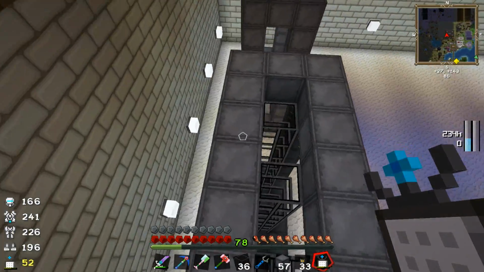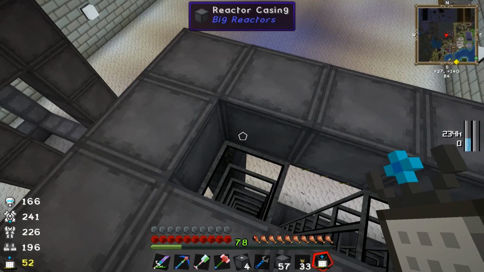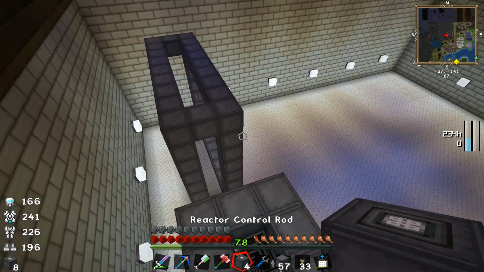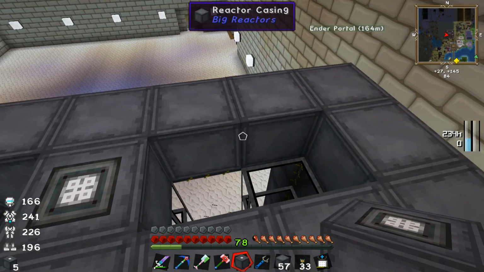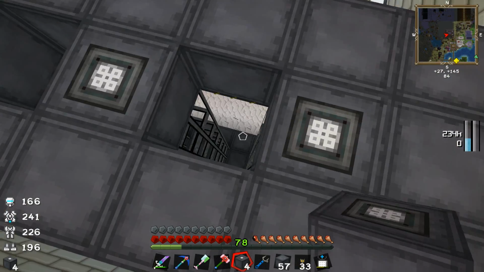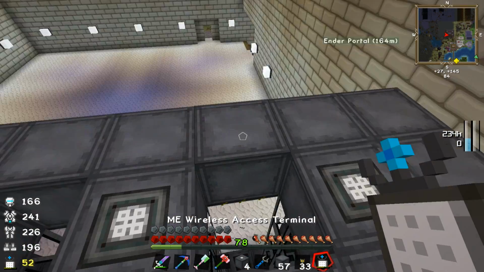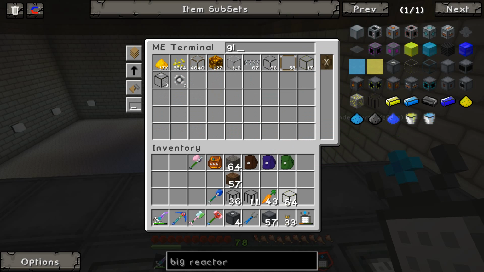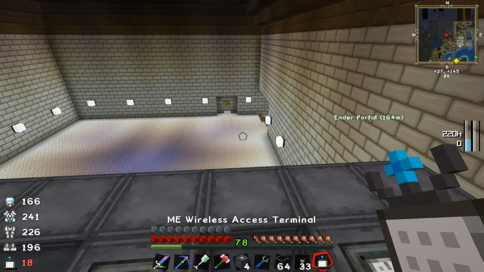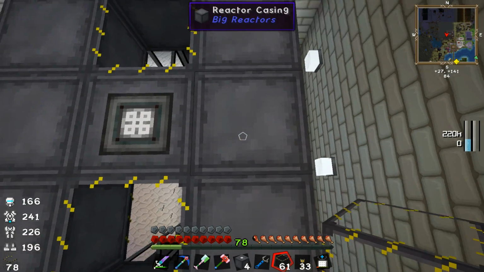We're going to, instead of making 2 at the exact same time and then messing everything up, which is my modus operandi, I'm going to just build them 1 at a time here. Now, I suppose glass would be good. Now, I'm missing a reactor